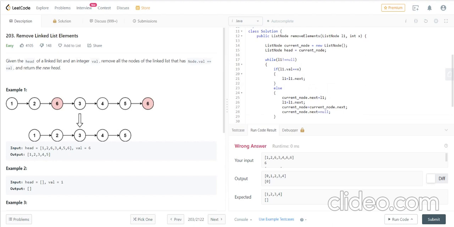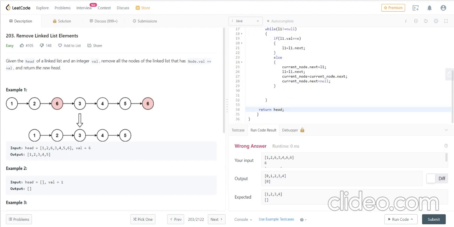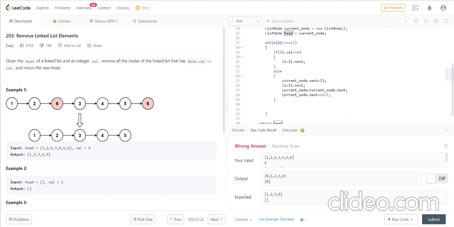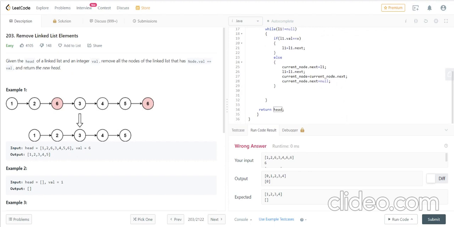The current node starts from the next, meaning we are doing current.next equals L1, but the initial value of the current node will be 0, and we are referencing it by the head. So if head is returned in place of head.next, it will also take the 0 value. So we need to return head.next so that it doesn't take the 0 value here.